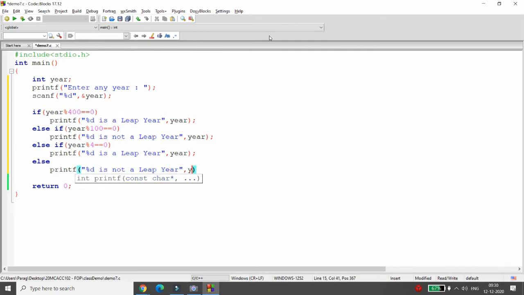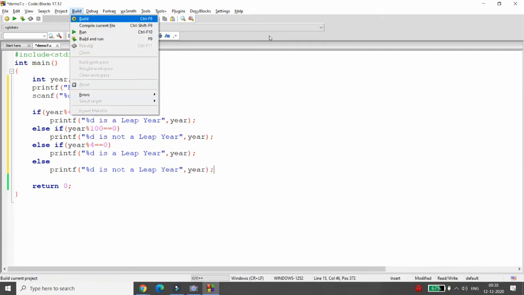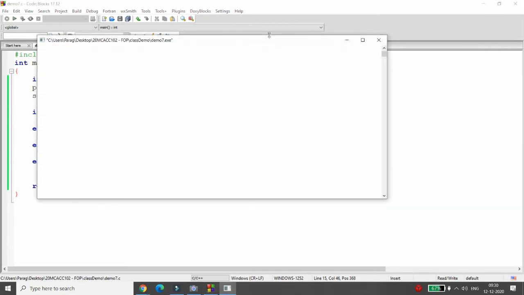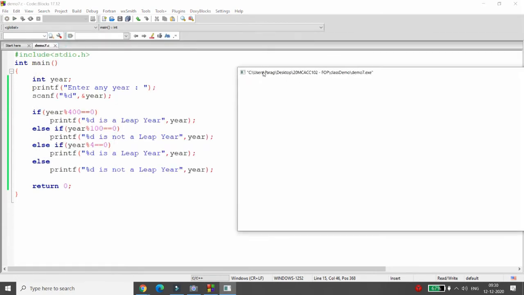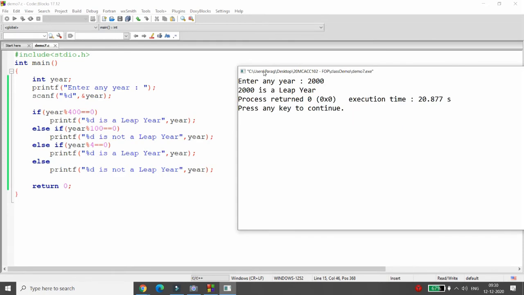But whenever you are talking about the leap year, you need to test each and everything. So I must test each and every input. So what do I need to test over here? Not only the year modulo 400, not modulo 100, not modulo 4. I need to test each and everything. So suppose I am passing here 2000. 2000 is a leap year.